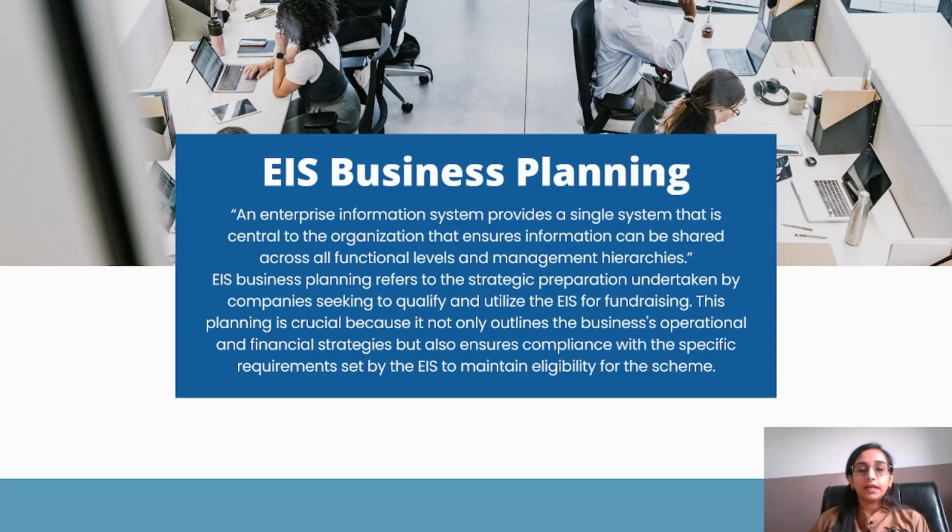EIS can include various types of software applications such as enterprise resource planning, also known as ERP, customer relationship management, the abbreviation is CRM, and supply chain management, known as SCM, all working together to support different